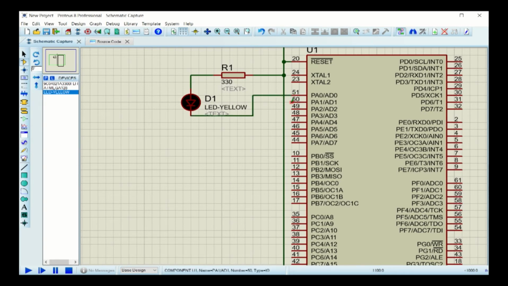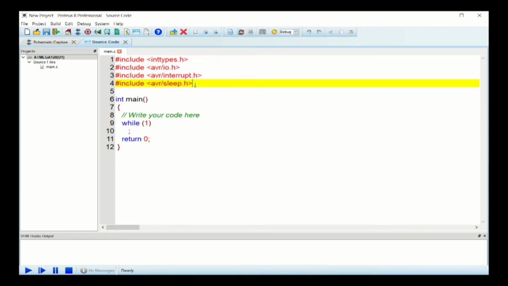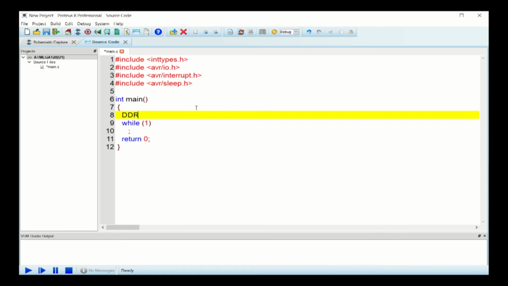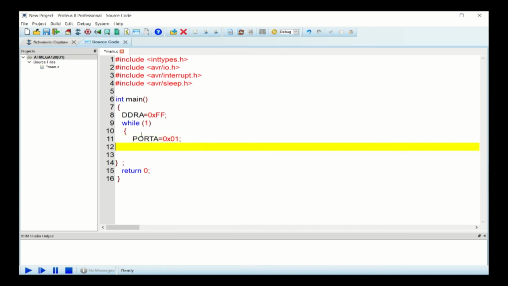Let's go to the software part. The highlighted header files are pre-loaded header files. Let's declare the port A as output port. For that, you need to give high values to the data direction register of port A. If you want to give for the first bit of port A will be made high,